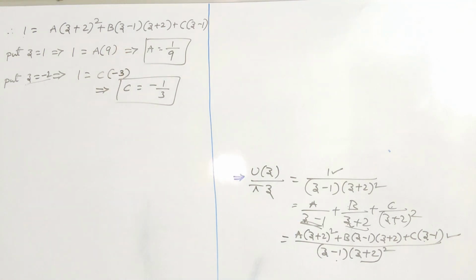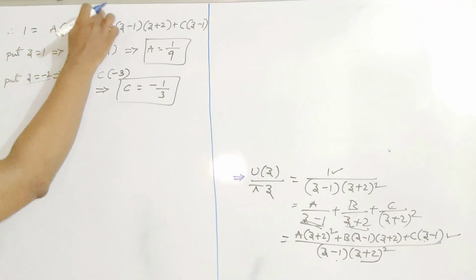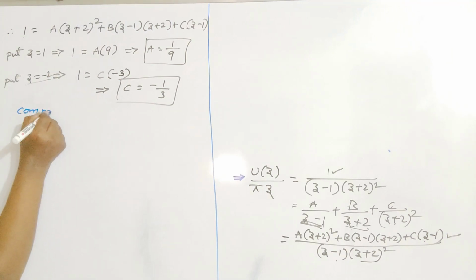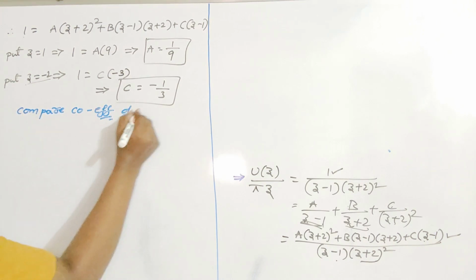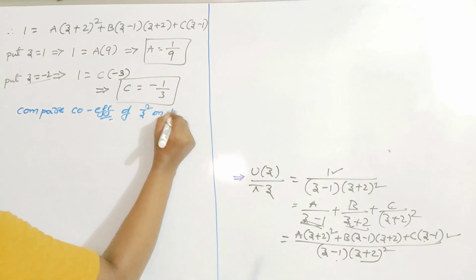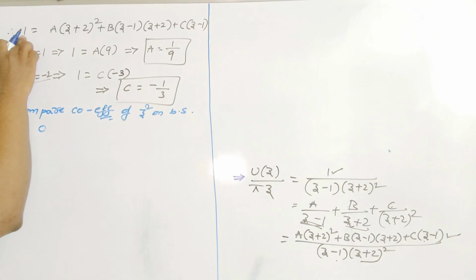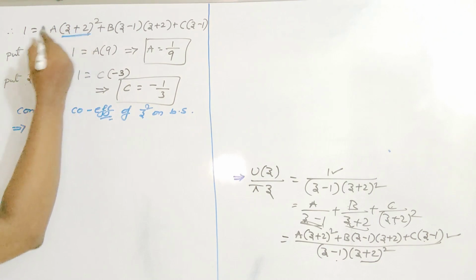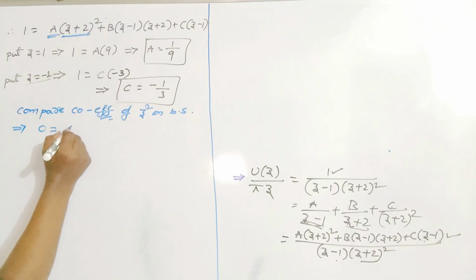So we got A and C here. It is enough to find out the value of B. For that B value, you should compare the coefficients of the highest degree term in the right side. So Z square is the highest degree term. So compare coefficients of Z square on both sides. There is no term of Z square in the left hand side, that's why its coefficient of Z square in the left side is 0. Here by expanding Z plus 2 whole square by A plus B whole square, first term becomes Z square and A is the coefficient of Z square.